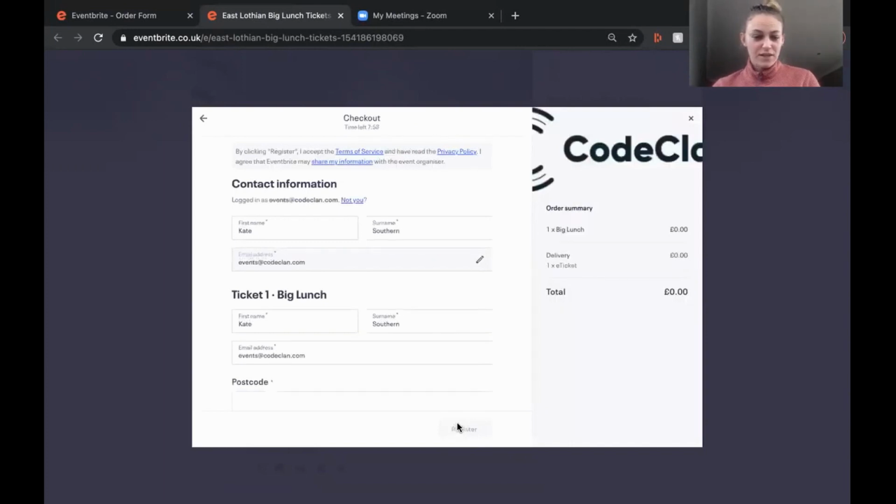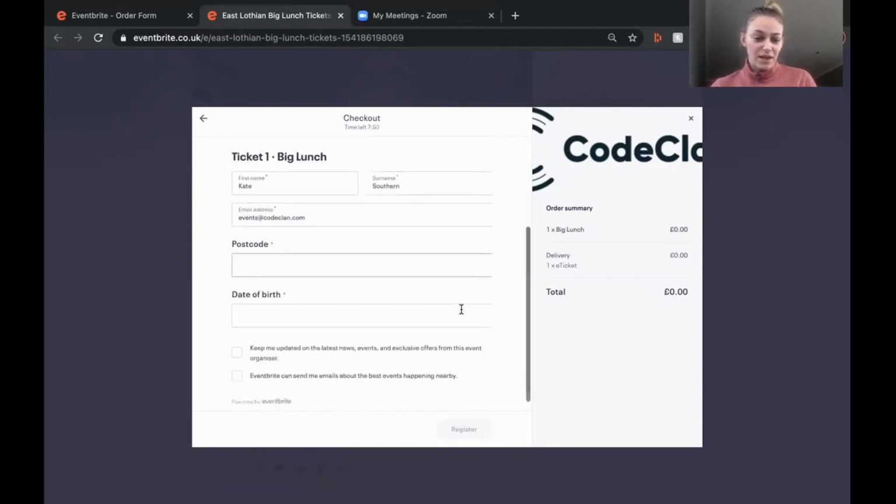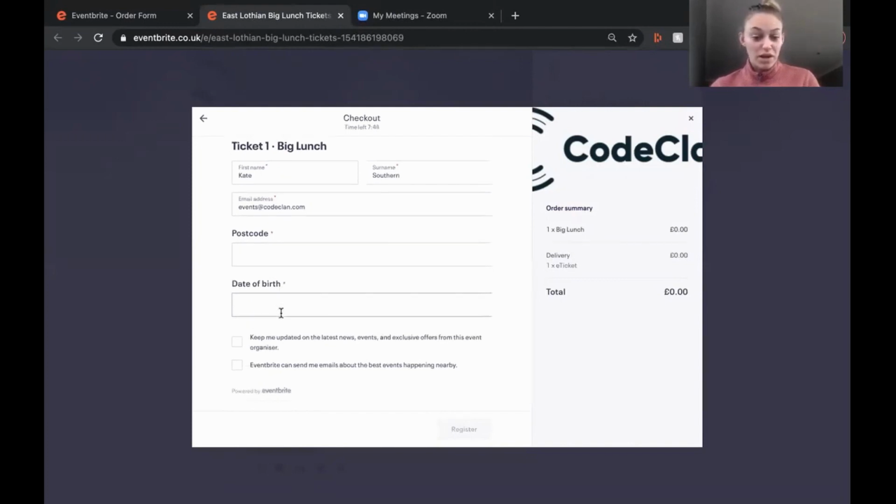And here, this is already auto-filled for me, but they put in their contact information, and there you can see the postcode and date of birth are required as we submitted before. And then they'll hit the register button, which will light up once they have filled in every section required. There we are, an orange register button, and that will register them,